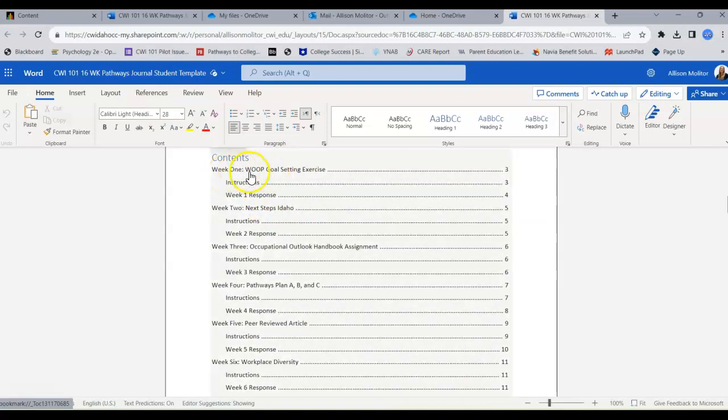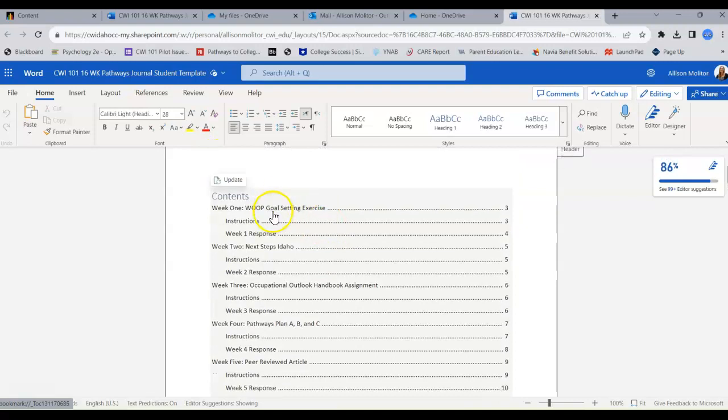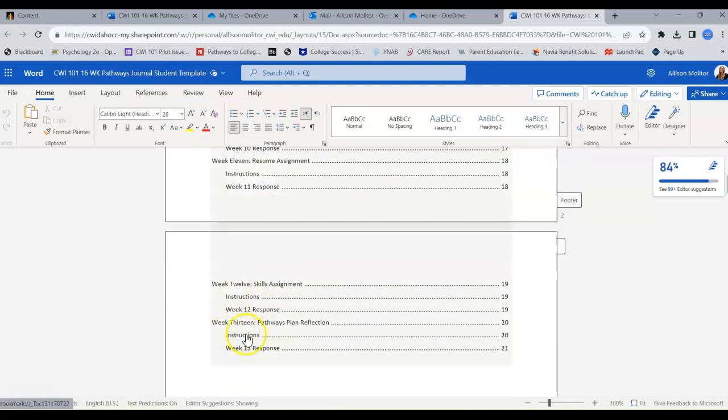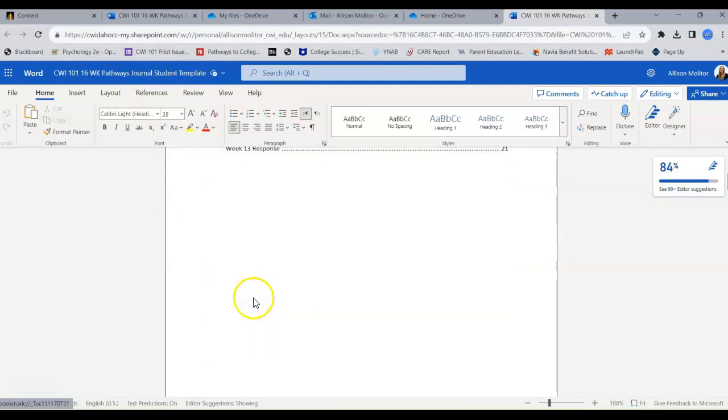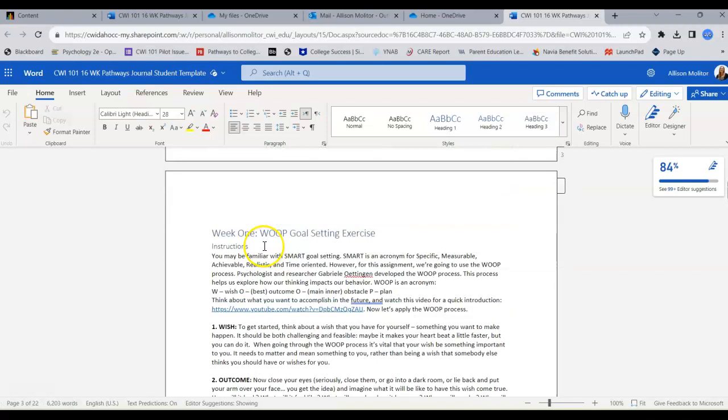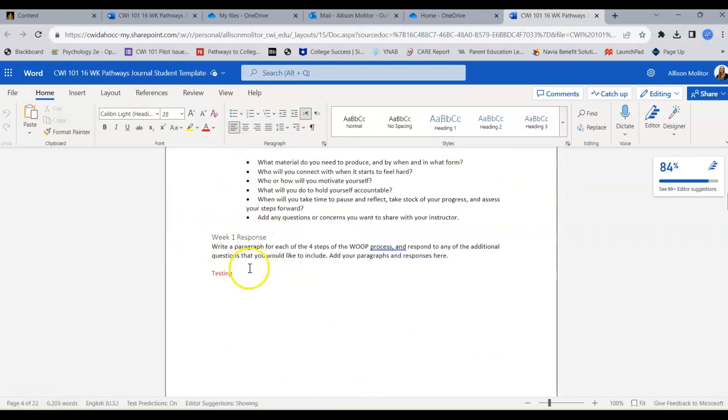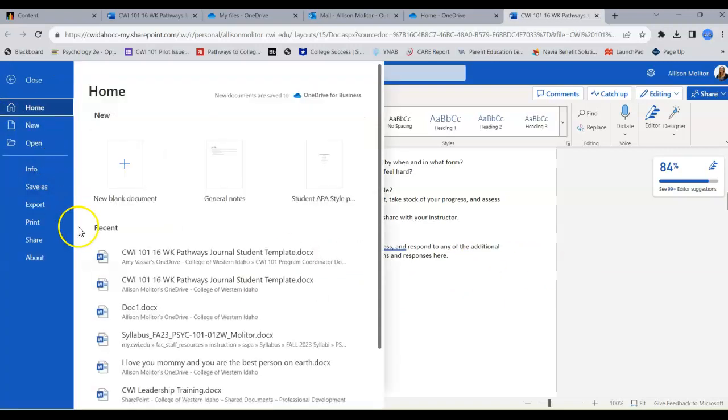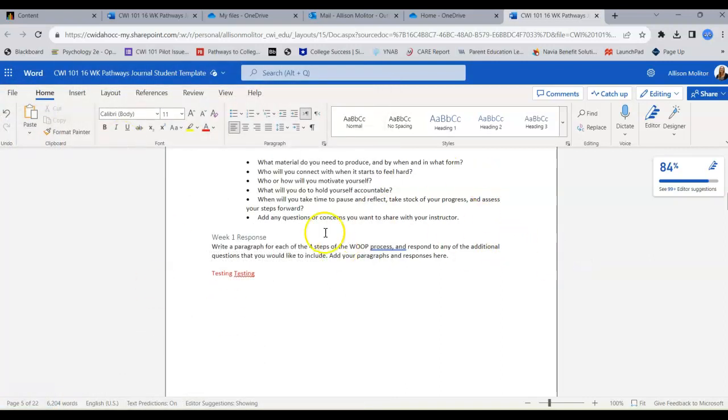One thing I did want to point out, you can click on the contents to go to the week that you're working on. So right now you don't have to scroll too much, but when we get to week 16, for example, or 13, you might want to click on that to take you directly to that area. Once you've done that, you'd read over the assignment. You've got a place here where you can type in your response. Once you've completed that, it will save automatically if you're working in